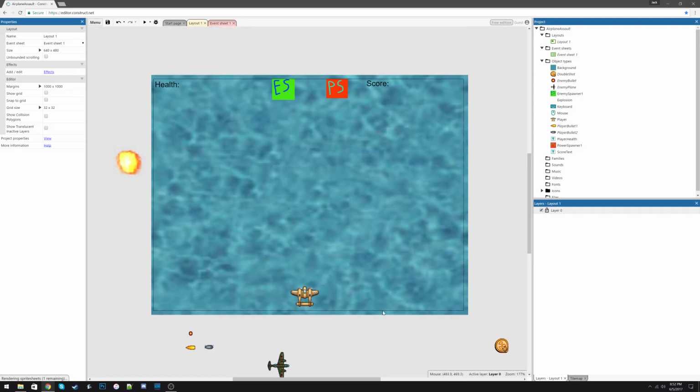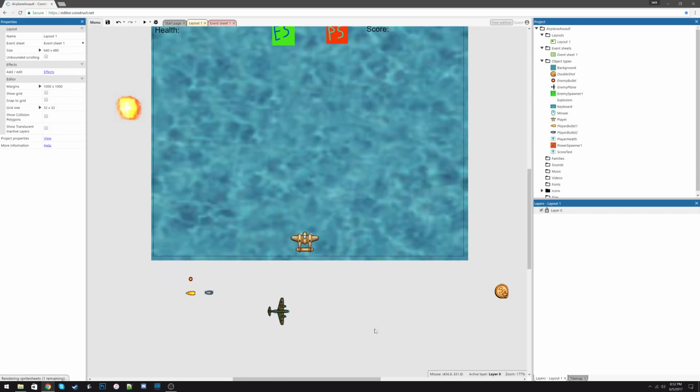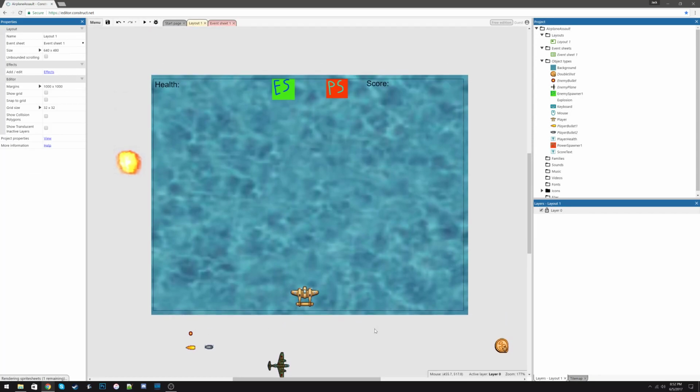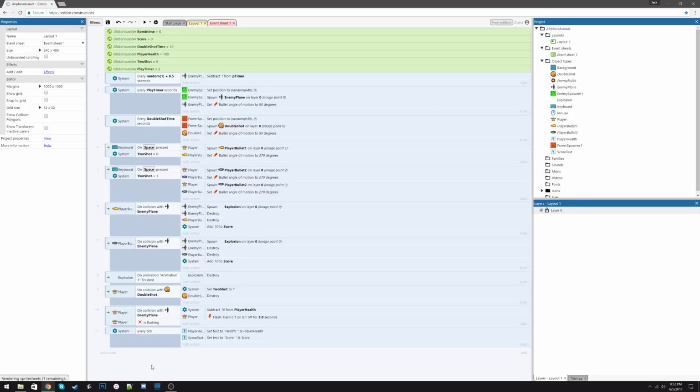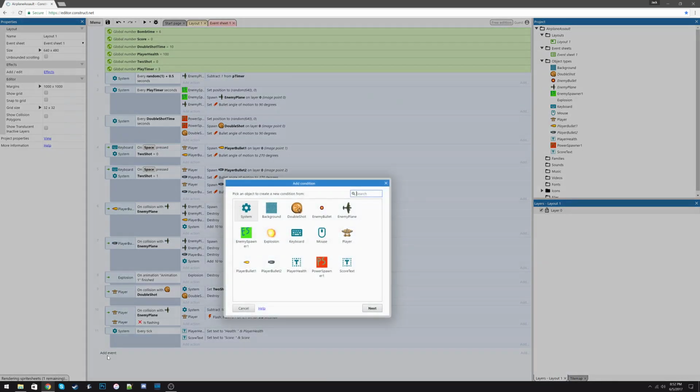So one of the last things that we need to do before you go off on your own and do your assignment is that we need to have the enemy plane shoot at the player, because this game would be a little too easy if the enemy plane couldn't shoot at the player at all. So we're going to go to the event sheet and we are going to add a new event, a system event